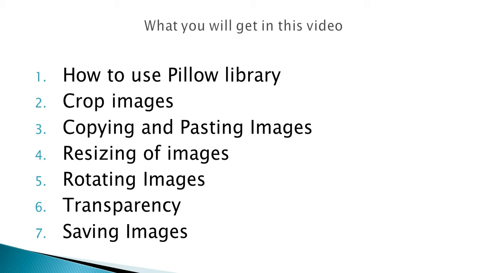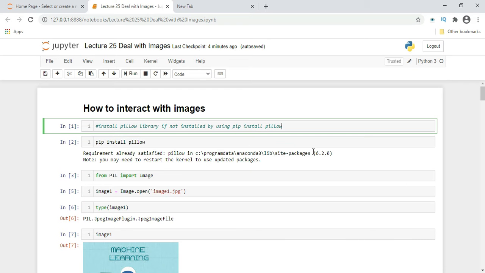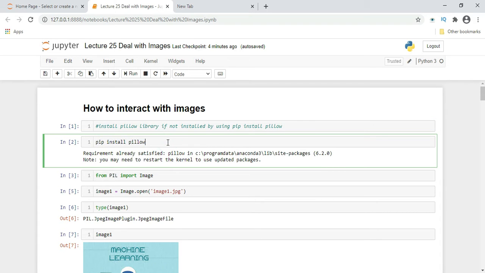Let's begin. So here our program starts in Python, how we can deal with images. How to interact with images: install the Pillow library if not installed by using pip install Pillow. Pillow is a library which allows us to do retrieval, copying and editing with images. In my scenario it is already installed. If it is not installed in your system, follow this